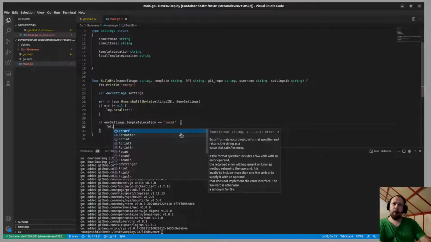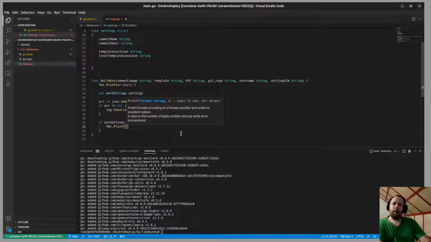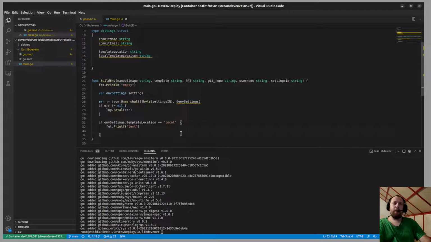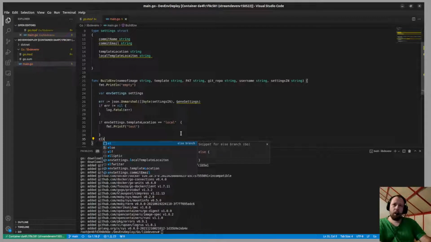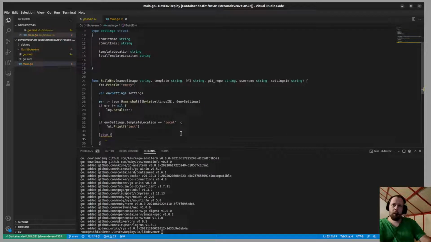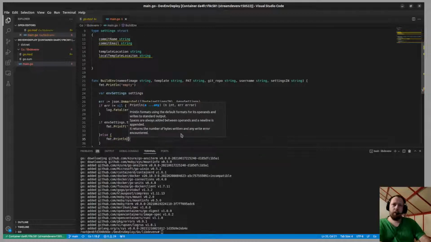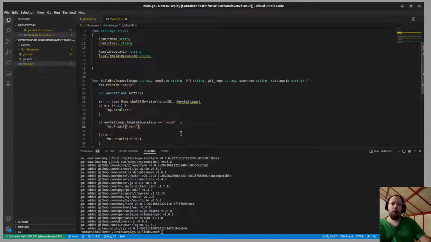So fmt.Print test. So there is no empty branch currently. So what we're going to do, we're going to go. So if it is local, else fmt.Print. Okay, let's see if it pulls local. It goes. Hmm,